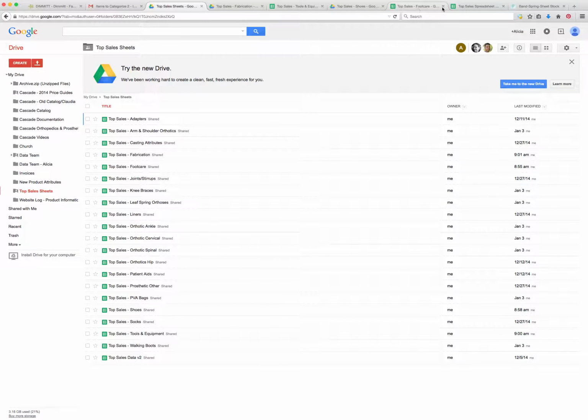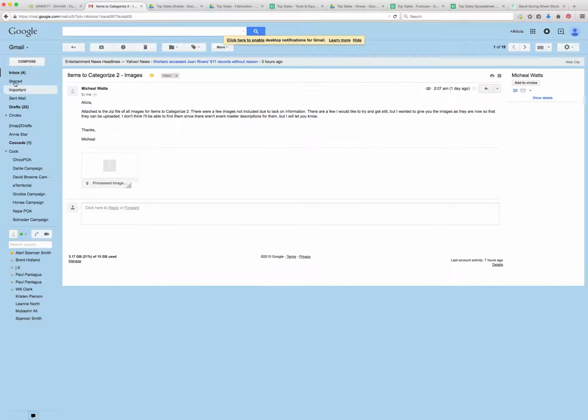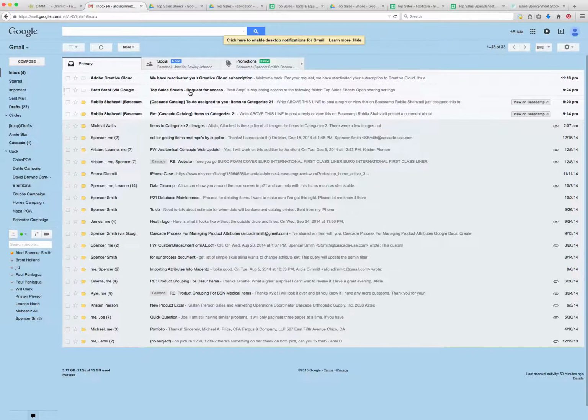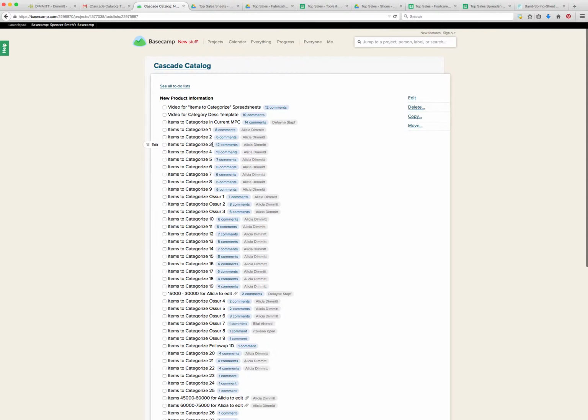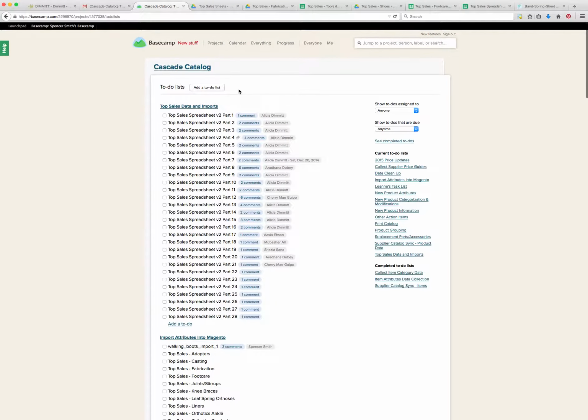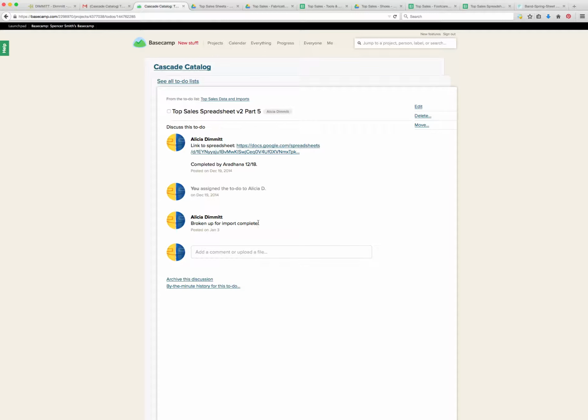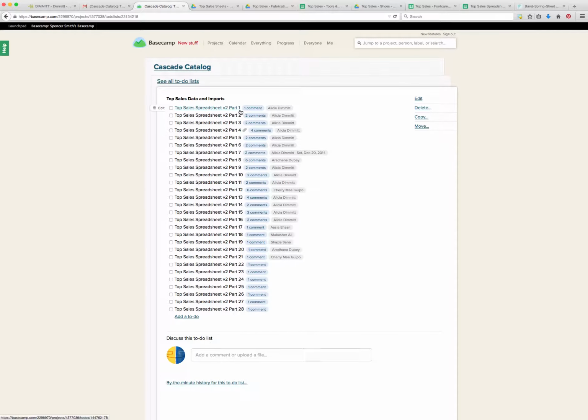Let me think if there's anything else. When you're on Basecamp, let me just click a link here. When you're in Basecamp and you look up at the very top, this is all the top sales data and imports here. Okay, so they're working down here. I've done through, I'm pretty sure, spreadsheet 5, broken up for import complete. So you need to start with number 6, which is where I was at here, and you can just assign it to yourself,